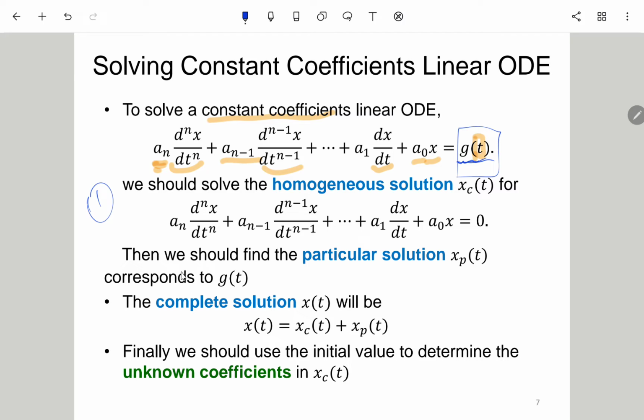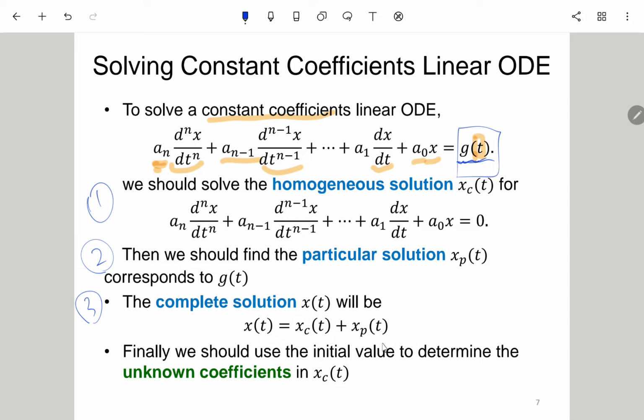Later on we would like to find the solution which is related to the g of t. Of course it is related to the left side, but the solution related to g of t we call the particular solution. So this will be the second step, to find the particular solution, and then the third step is to just add them together. So we have the complete solution x of t, which is the homogeneous solution plus the particular